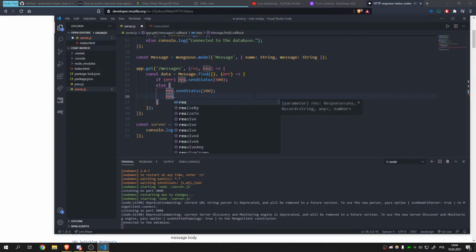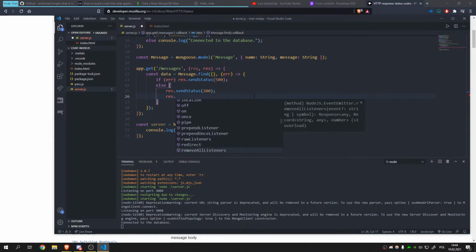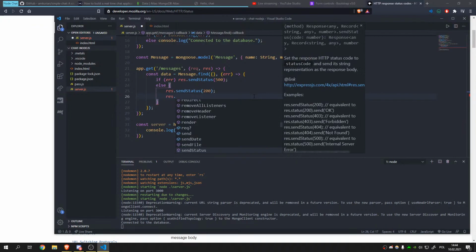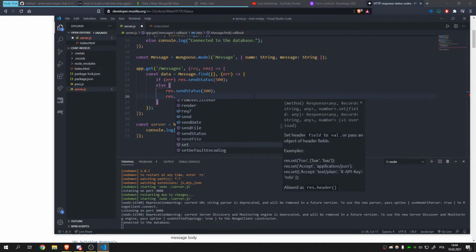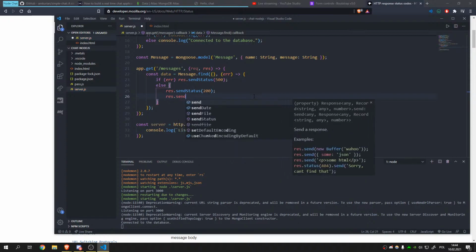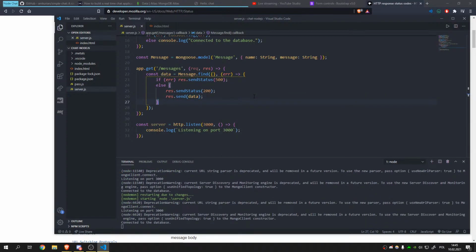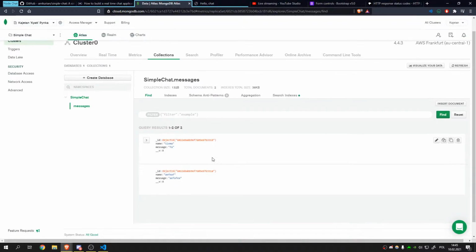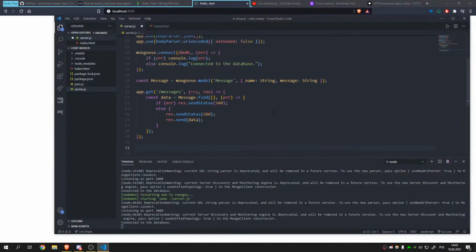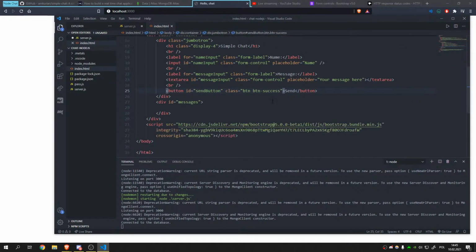just send, I guess. Nope, we do not emit right there. I believe we use send data. Yep, and we return this data. Yeah, okay, this should be fine. Do I have anything in my MongoDB database? I have. So we could maybe test this if we were to implement